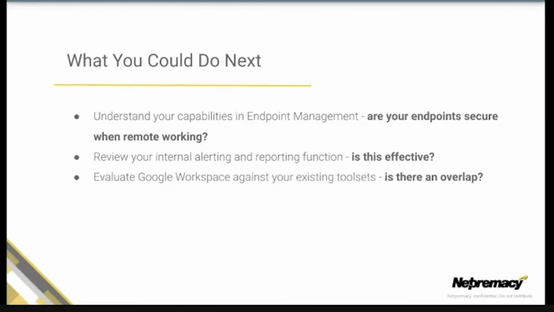Is this effective, and is there anything that you can do to make that more effective? And then finally, to evaluate your Google Workspace against your existing tool sets. We've all got probably a billion different vendors and security solutions in place, but I think it'd be really good for people to take a look at what's available in your already existing SKU or SKUs that you may be transitioned into in Google Workspace. Is there real overlap? Can you look at your endpoint management, and is that available in the SKU that you've got? Because we're all trying to cost save at the end of the day, moving into what has been a very difficult year and moving into 2021.